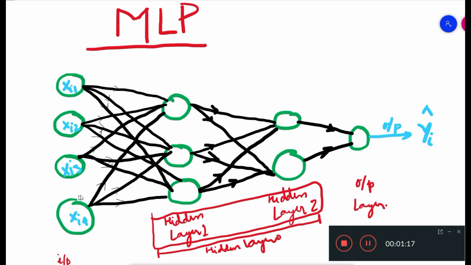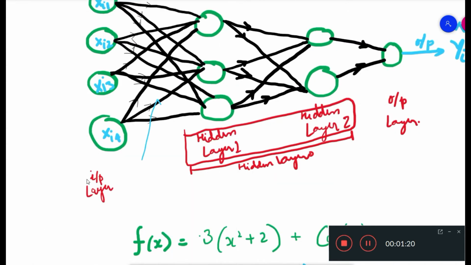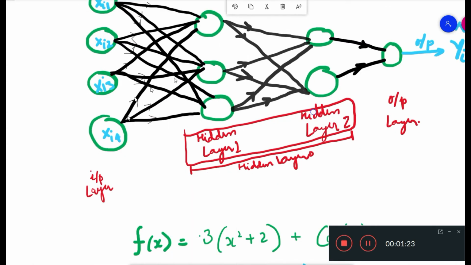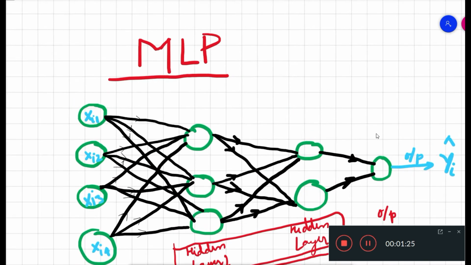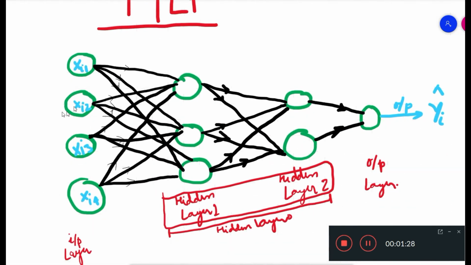If these 4 values for the specific data point xi are passed through this multi-layered perceptron, they go through the first hidden layer, where we are considering, let's say, 3 functions, and then the second hidden layer, where we are considering 2 functions. We are assuming that our output is received by applying in total 7 activation functions to reach the desired output.